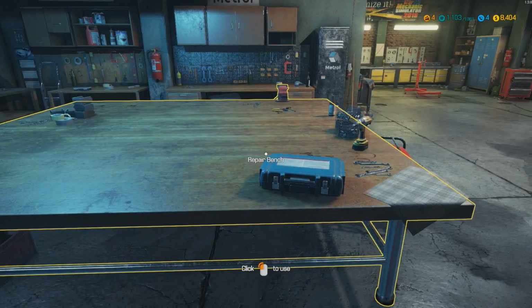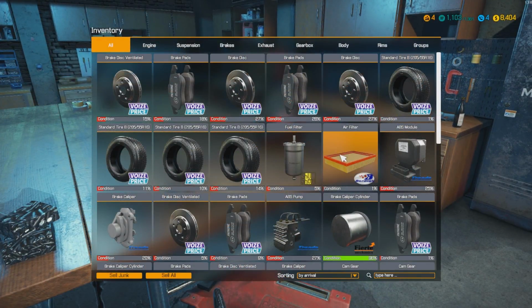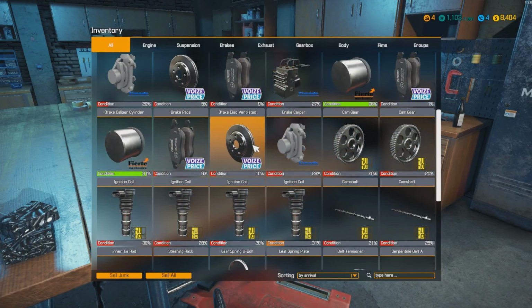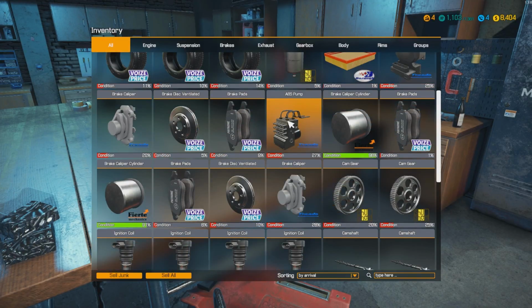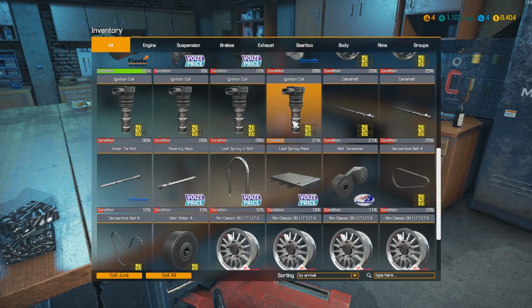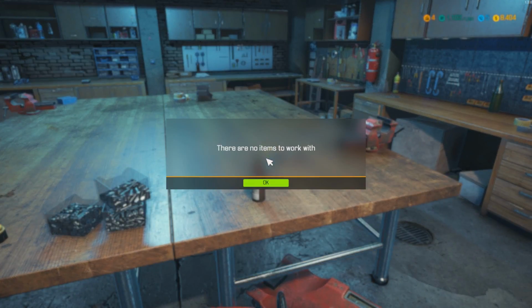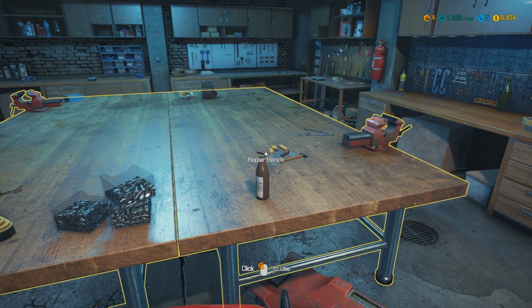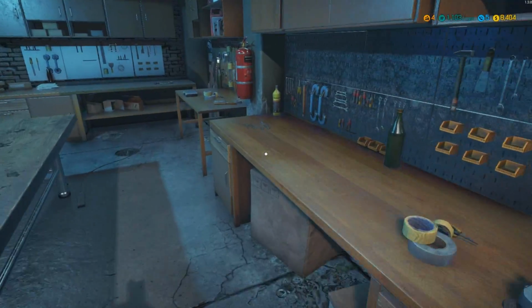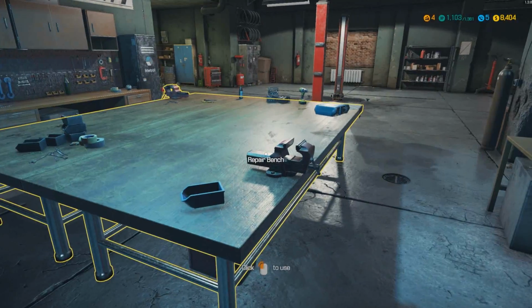Oh, no items to work with. What about all the stuff that I have there? None of this can be repaired, I'm assuming? Well, obviously not the brakes or the tires. This, I'm thinking, could be repaired. The ABS pump. Perhaps the ignition coils and the camshaft. Why can I not repair this? No items to work with. Huh. Okay, do I need to do something to make the items available, or...